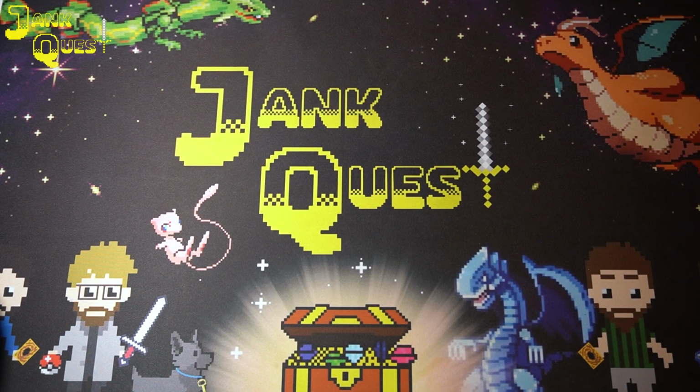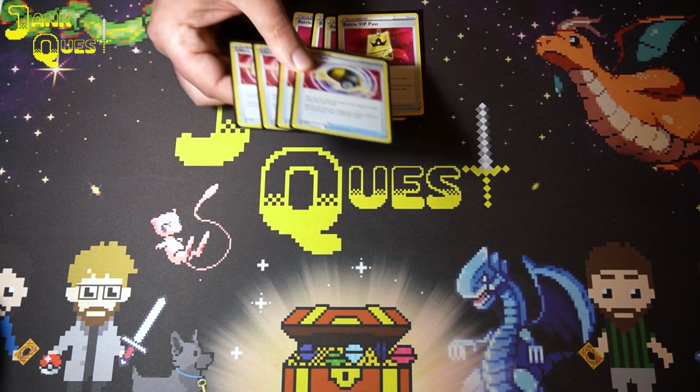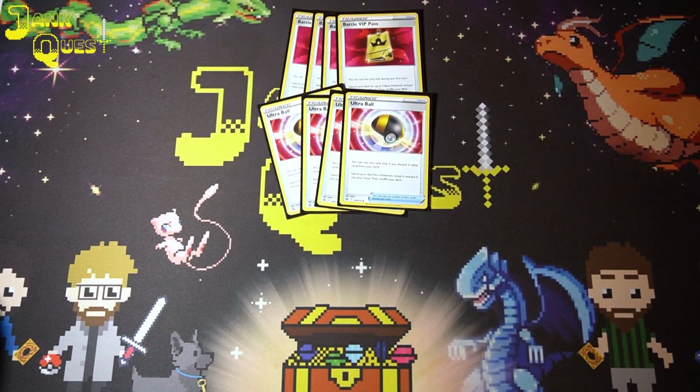This allows us access to Forest Sealstone a lot quicker than it has done in previous iterations of the deck. We're then playing classic 4 copies of Battle VIP Pass. For early game setup, thanks to a consistent draw of Genesect, this is more than possible. 4 copies of Ultra Ball,